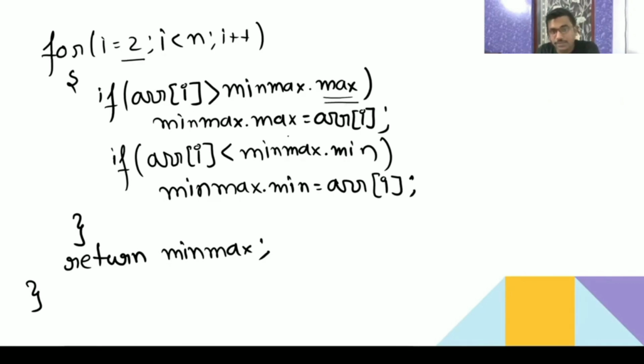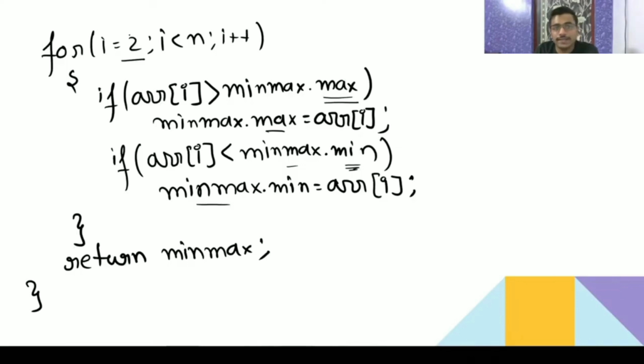If it is greater than the maximum, then the new max is that element. And I'm also checking whether that element is smaller than min, then the new min is this element because it is smaller. So I'm taking every element, comparing whether it is greater than max or smaller than min, and updating based on the condition.